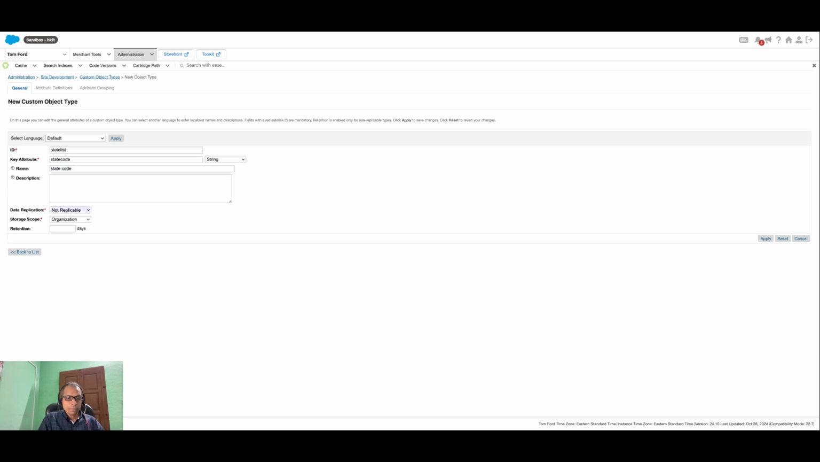Replicable or non-replicable means whether you want to replicate this information to production or not. So for example, if you are storing some token, you do not want to replicate it because the token will be different from environment to environment. But in our case it's a state code, so yes, you want to replicate it to production because you do not want to set it manually there. So it will be replicable. Storage scope will be organization versus site, whether this information is common between all the sites of that environment or not. So let's say it's common. And retention, how many days you want to keep this information. So I want to keep it always. So once you click on apply,